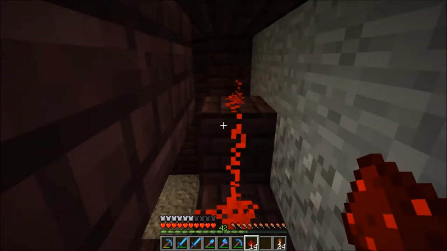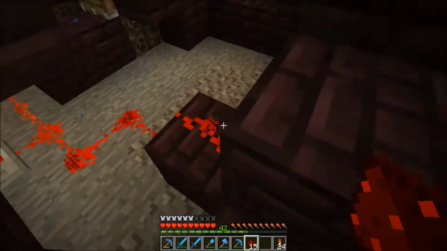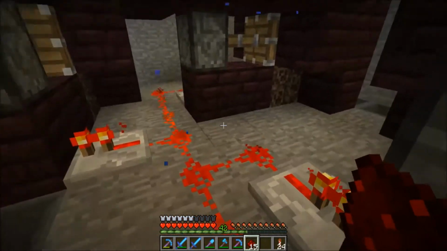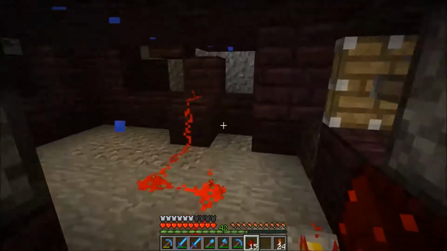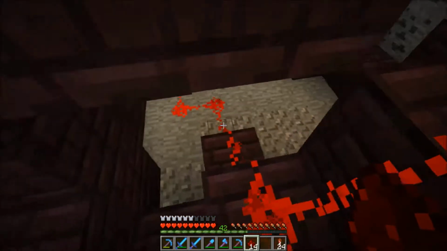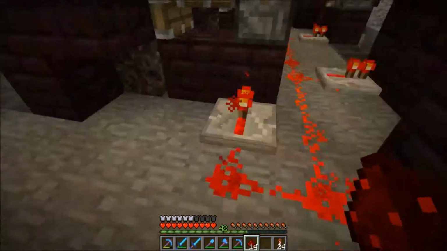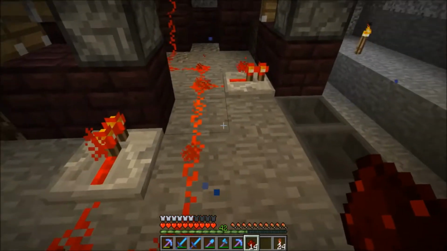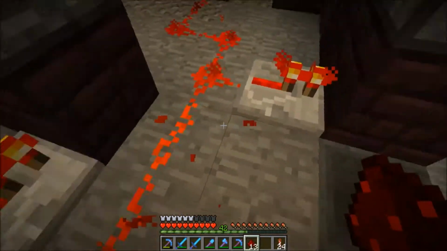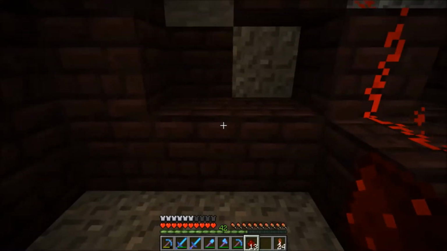Why? Where is that getting power from? Surely that's supposed to go straight off after the button press. I'm a bit lost on this actually. No, it doesn't seem to have anything to do with that. Because the only other redstone I've got down here is...